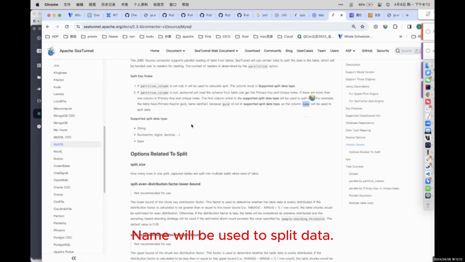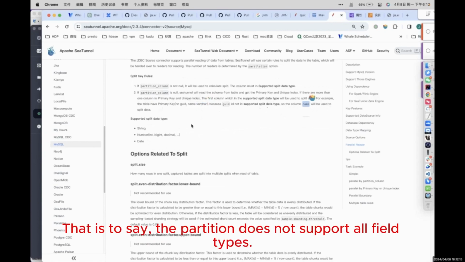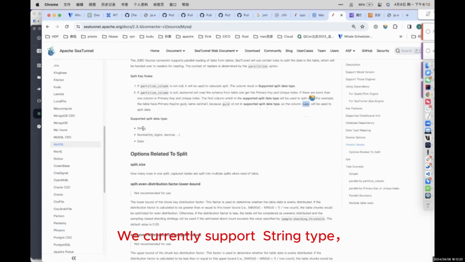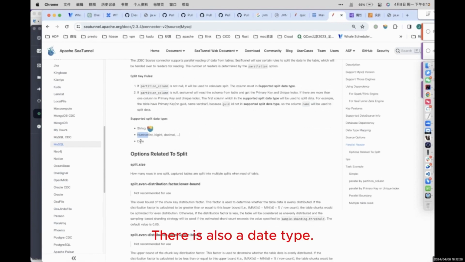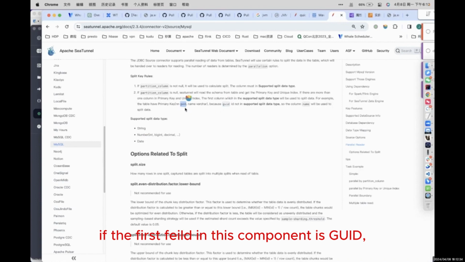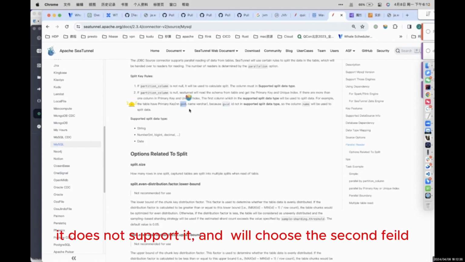The partition column name will be used to split data. That is to say, the partition does not support all field types. We currently support string types and number types like int, bigint, decimal, etc. There is also a date type. We do not support a type like GID. If the first field in this component is GID, it does not support it and will choose the second field